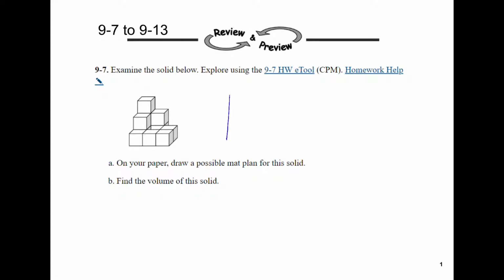So if we draw a map plan, we draw a 3x3 square, and then we list the amount of cubes that we can see from our top view. So looking down, I see 1 cube in this front right hand. I see 1 cube,